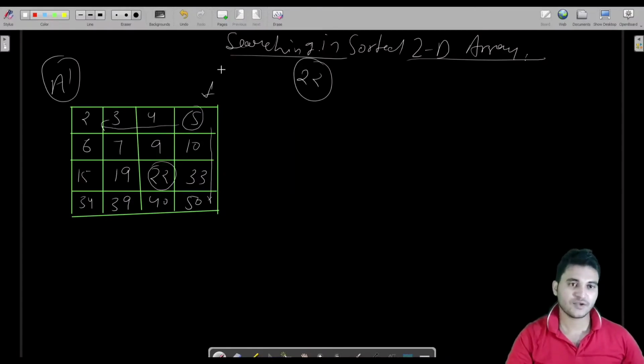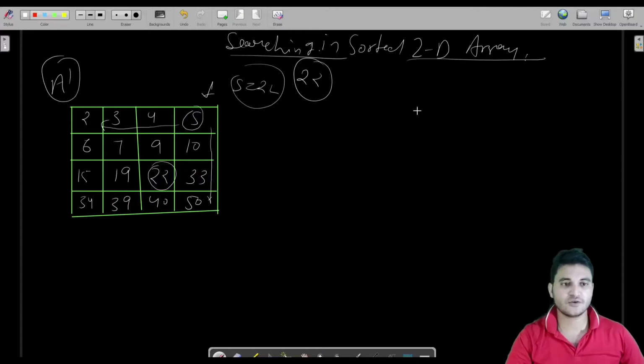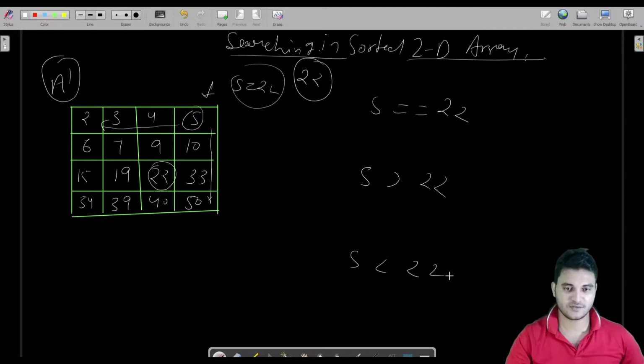So we'll start from here and check whether 5 is equal to 22. There would be only 3 cases, similar to binary search: either 5 is equal to 22, or 5 is greater than 22, or 5 is less than 22. So if it is 22, no, it's not, so this condition is not matching. 5 is greater than 22, of course it is not; it is less than 22.